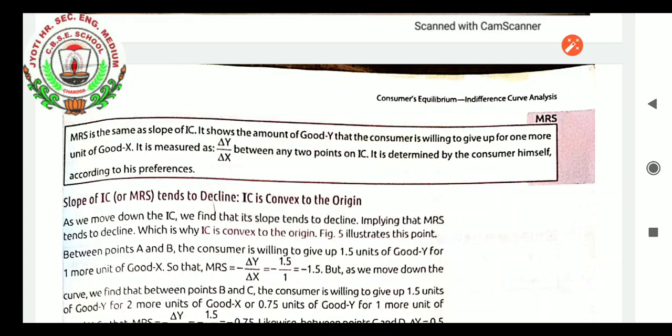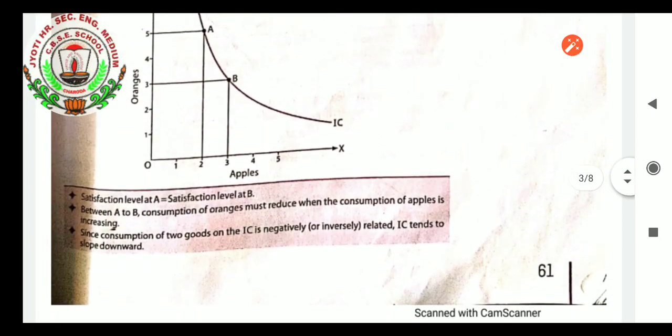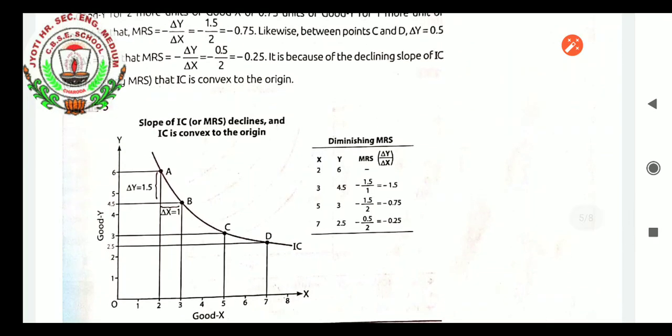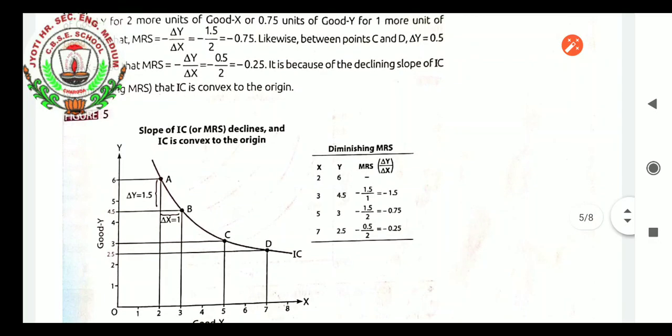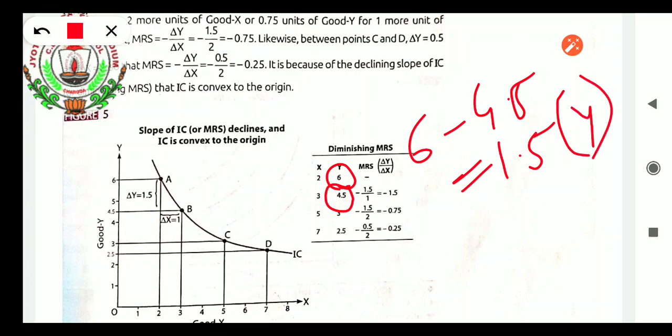What is the change in Y? We did this in the further point. You can see there in the tabular data. Here in the tabular data I will be showing the diminishing X and Y. Here X was 2 and it has been increased to 3. Y has diminished from 8 to 6. First of all, I will be showing you what has declined. It has been deducted from here, it is 6. Now it has been 4.5. It means it has been sacrificed. 6 minus 4.5 gives us 1.5. So how much has been sacrificed of Y? That is 1.5. How much has been gained in X?